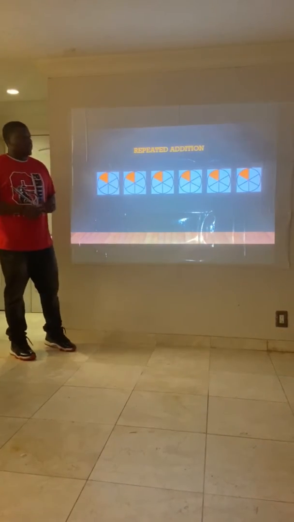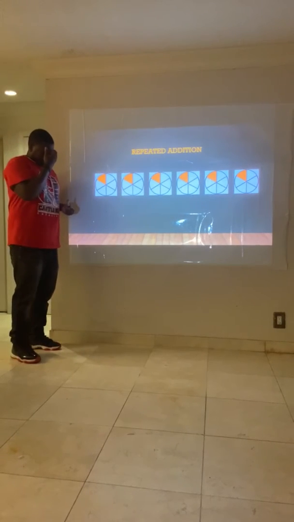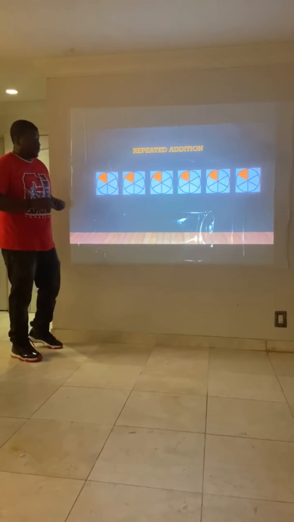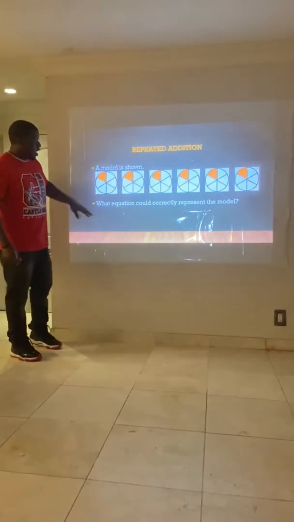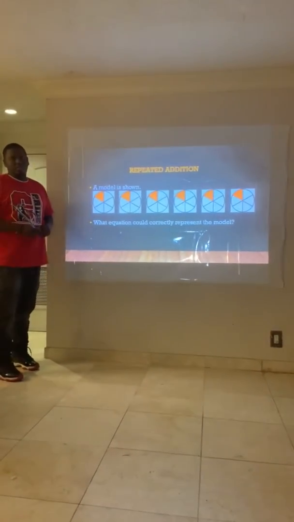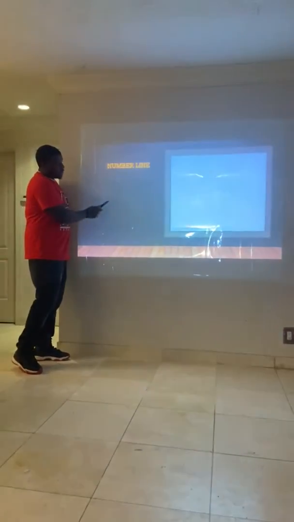All right, this is the first method, or the first strategy we're going to use, which is repeated addition. A model is shown below, and here is the model. We're going to write an equation that's going to represent this model, and this is a way that we'll be able to solve. So looking at this